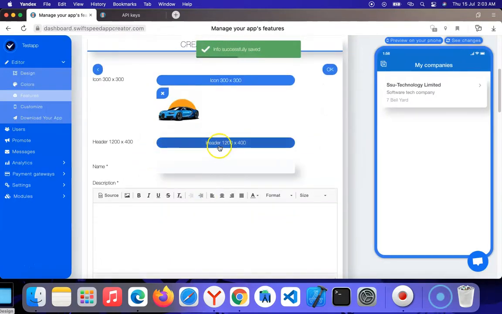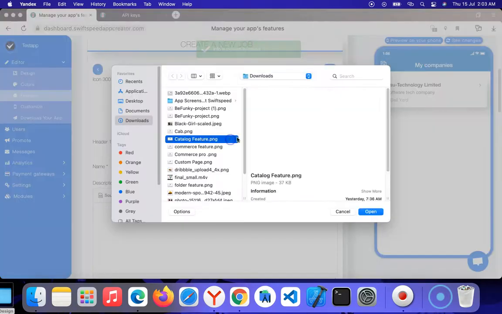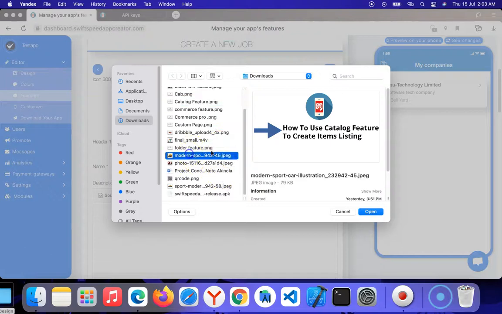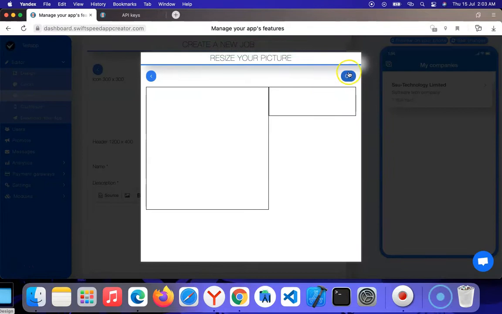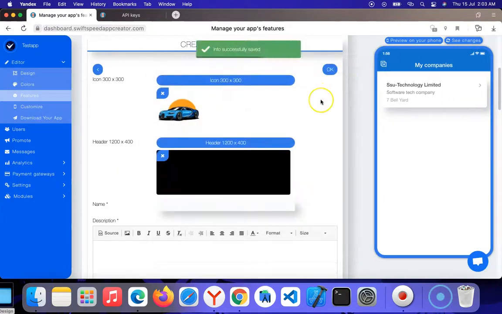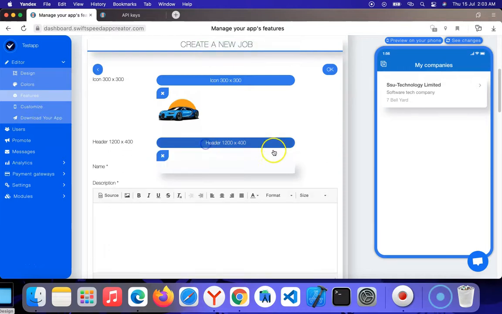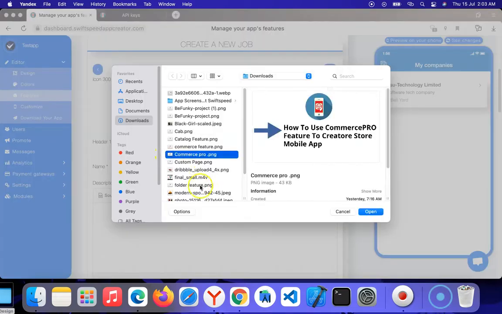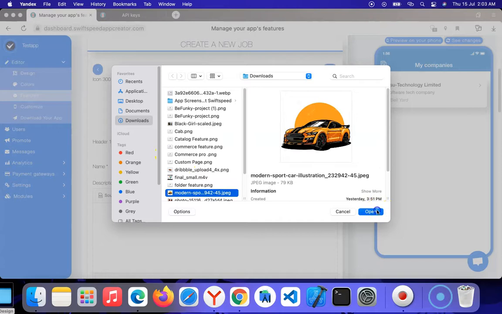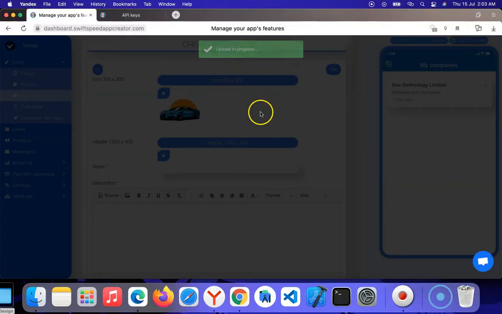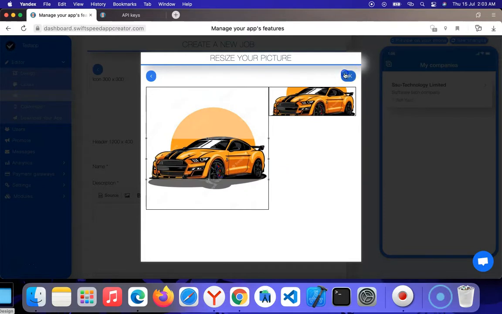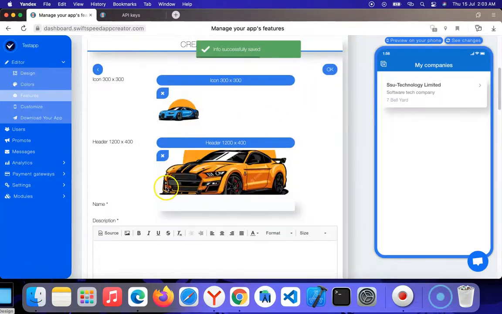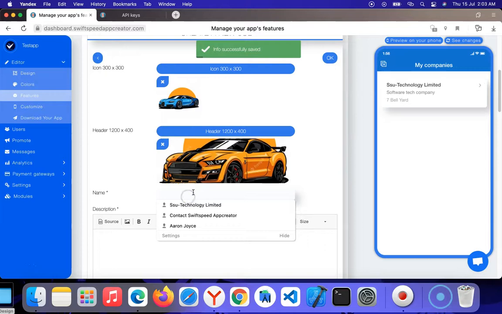The title of the job is asking me to pick a header as well, so I'm going to use the yellow one. I'm going to shift it a little bit and click OK. I'm going to call the name as